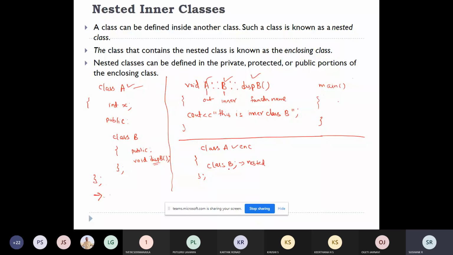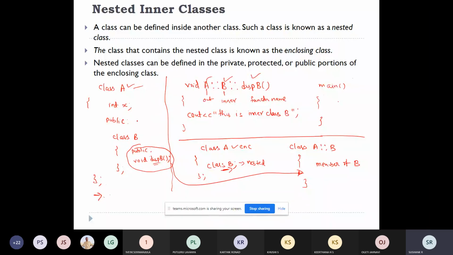So now you want to add members to this class B. That can be done in this way. If you want to access class B, first write class A, then scope resolution class B, then add the members of B, meaning this you can write here, this you can write here.